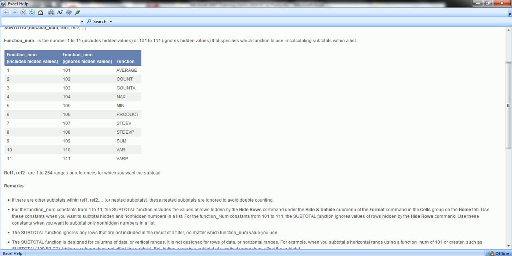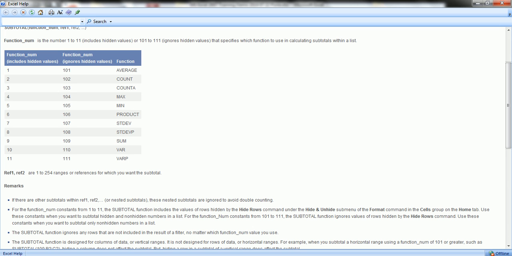If you want to refer to number 1 or 101 as a function num, you will be getting the value of average. If you are referring to function 9 or 109, you will be getting the sum of the set of values you had selected.